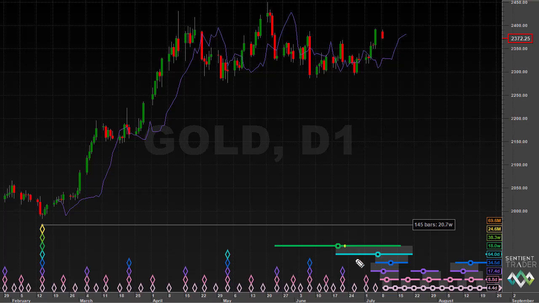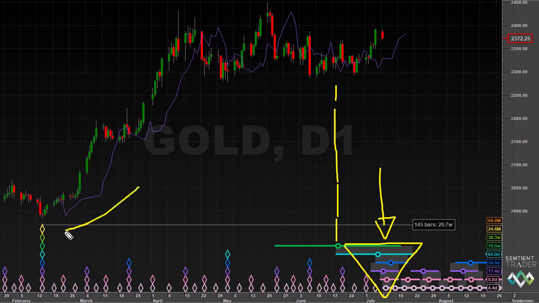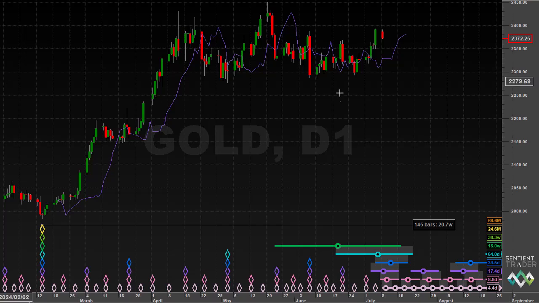Here is the nest of lows, which is now a nest of lows of 20-week magnitude, as you can see. Notice the circle for the 20-week cycle, which is over here, and the nest of lows itself is centered around about today. Supporting the idea that an 18-month cycle trough did form over here in the middle of February is the way in which price has interacted with the 20-day FLD. And let's zoom in even further to consider that in greater detail.